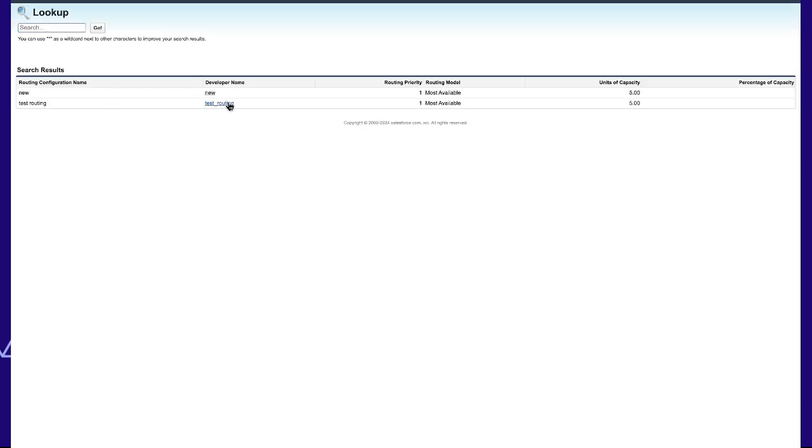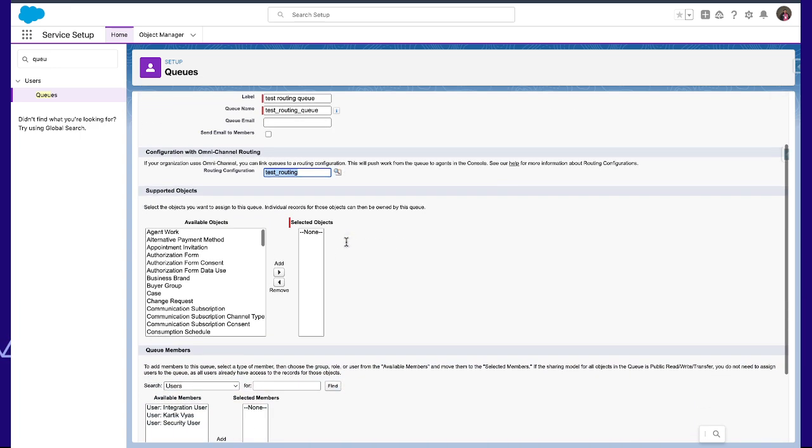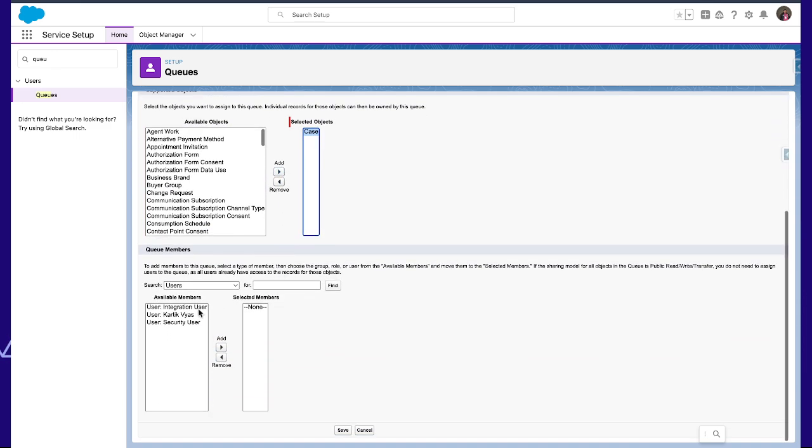In this, we select test routing. Then I select an available object; I can use case here. Then I add a user, I will add this user, and click save.